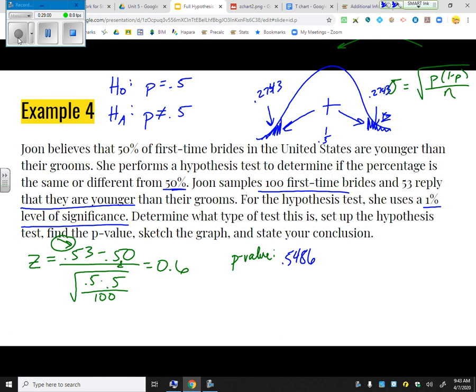Like I said at the beginning, for 100 people, just getting 53, that's not that far away from 50. And so we're not going to be in very good shape right there. So unfortunately, June, we are not rejecting H naught. So we can say there is, again, insufficient evidence